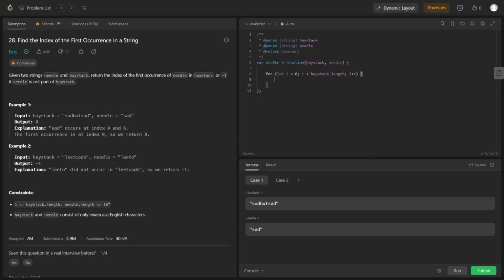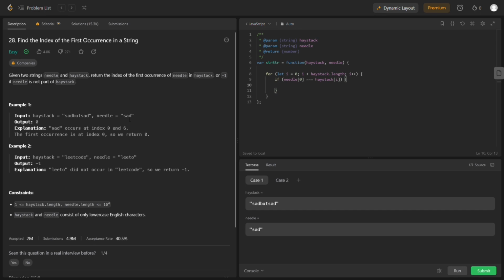So from here, we're going to compare the first letter from needle to haystack, and it's just going to loop through each index here until there's a match. There's a match right here, index 0 already. So first we do an if statement here of needle index 0 and haystack of i,